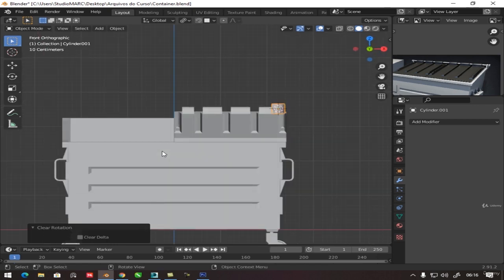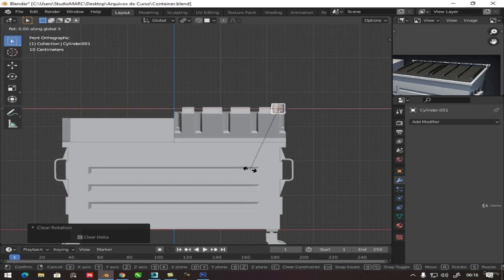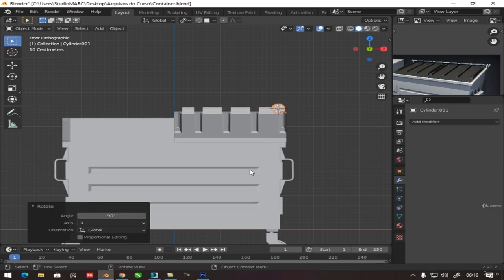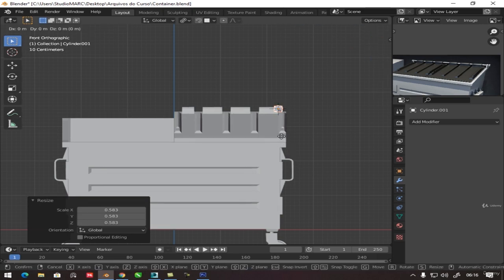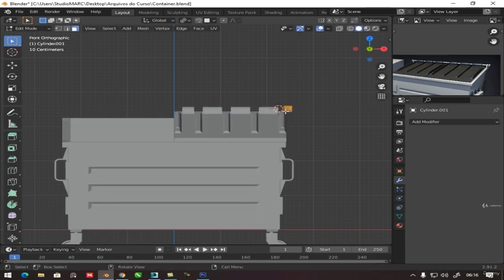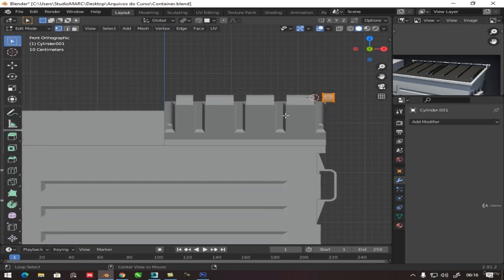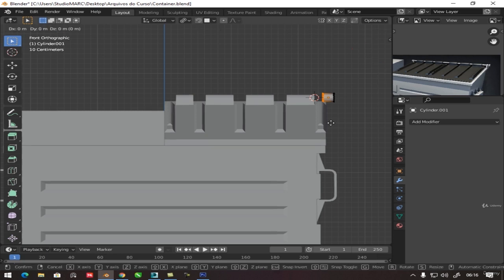It's not very well orientated, so I'll press R, and now Alt R will reset the orientation. Now R X 90, R Z 90. Okay. Now I'll press S, decrease in here, and now E X,